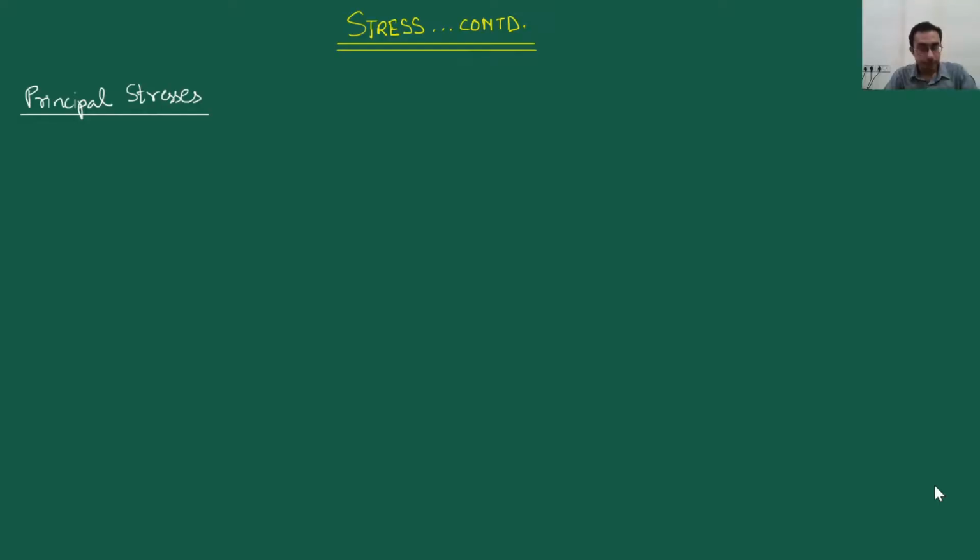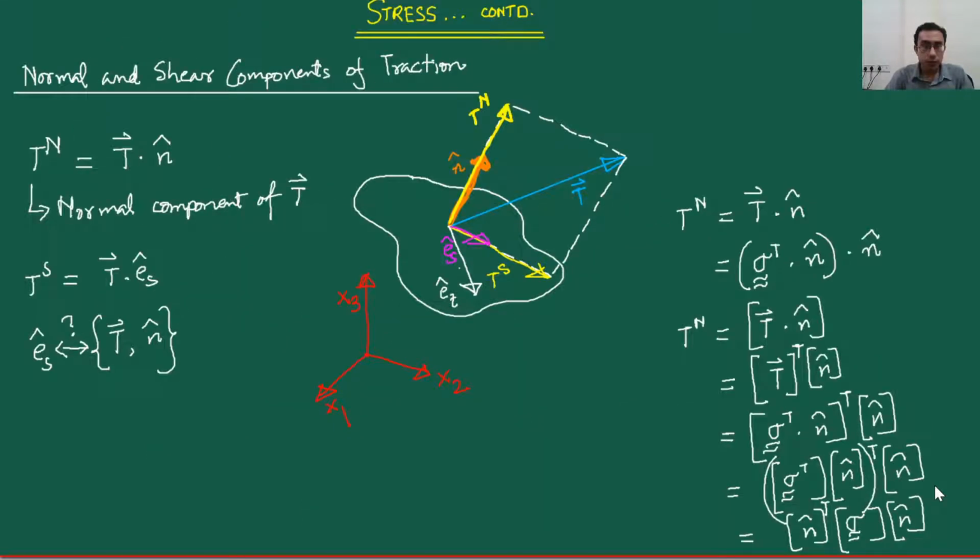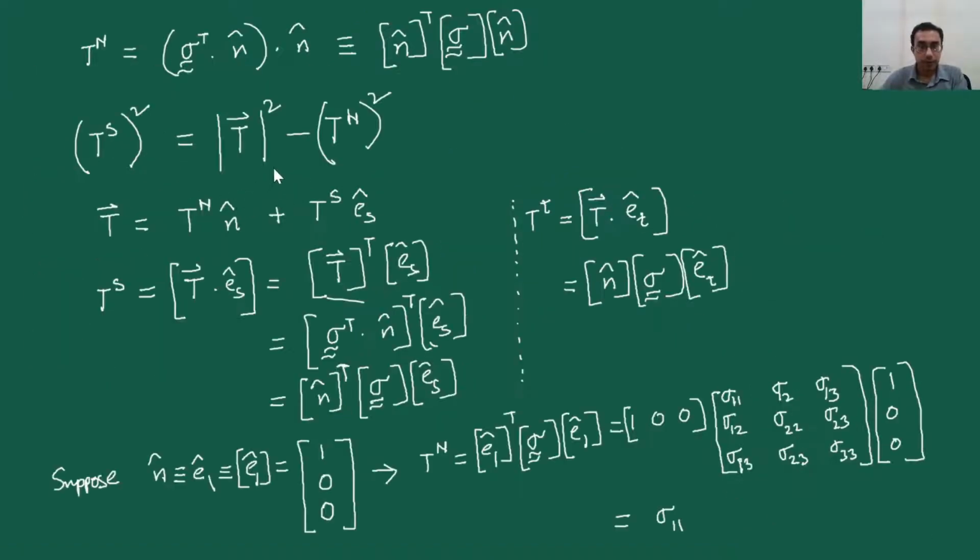So let me refer to the slide. If we refer back to this particular formula, you see that the normal component of the traction is connected to the stress tensor at a particular point through